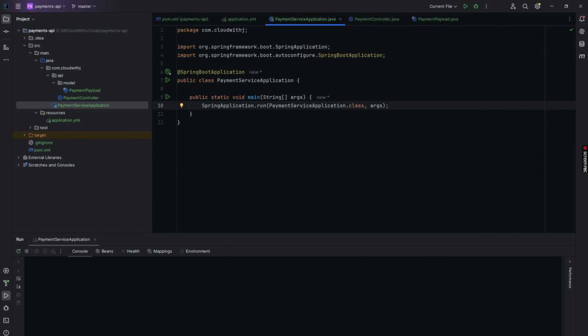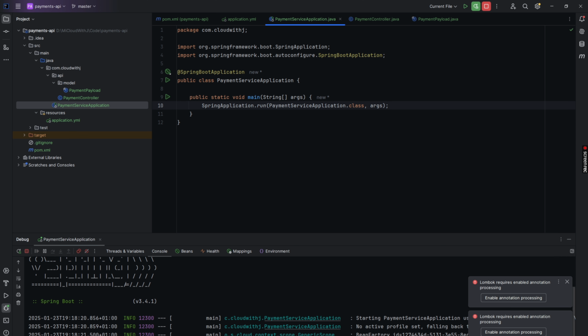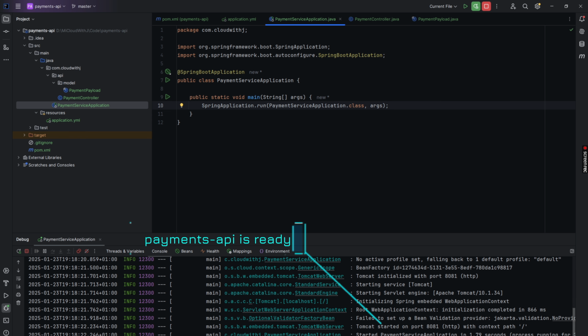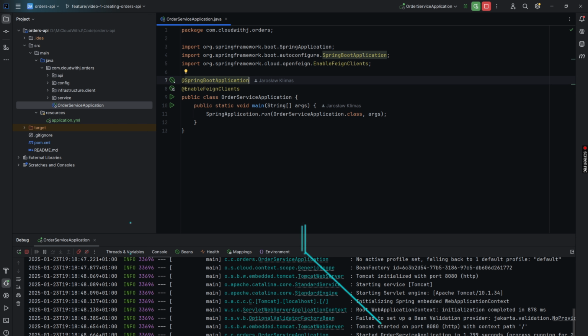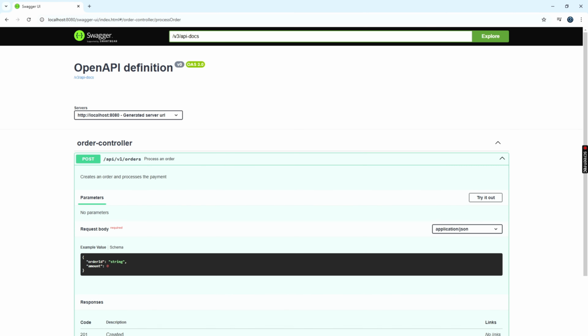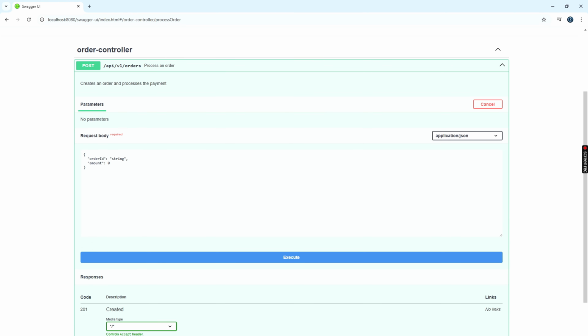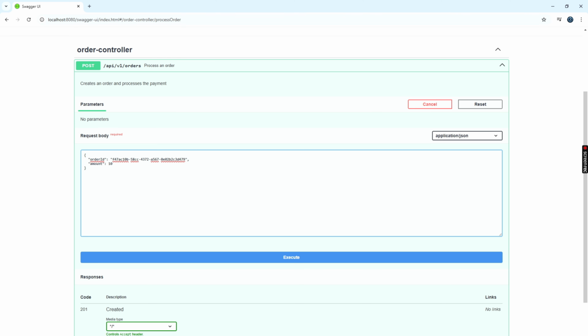Now that everything is ready, I'll run both services in debug mode, Orders API and Payments API. After starting the services, I send a request from Swagger. For the order ID, I use a UUID format identifier. A UUID means Universal Unique Identifier and is used to uniquely distinguish information across systems without requiring a central coordinating